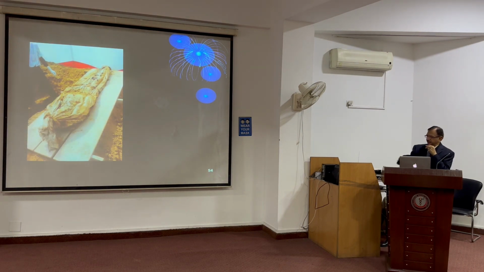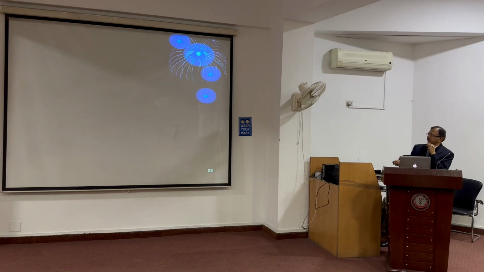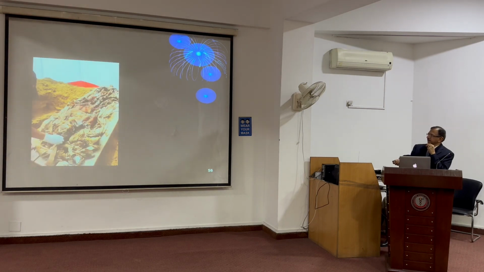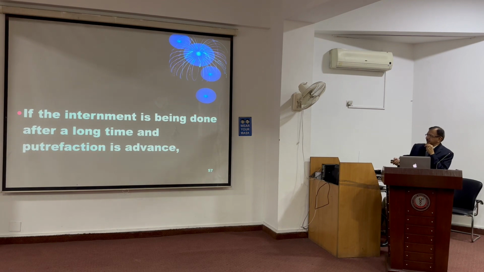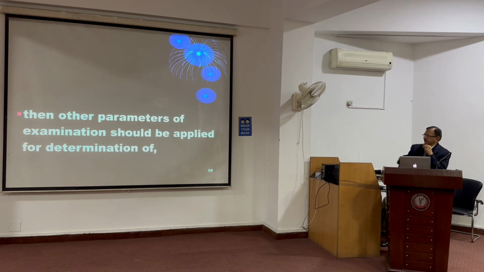So this is sometimes how the body appears when dug out, covered in a shroud. After removing it, this can be the condition of the body: completely advanced putrefaction. So usually the body is in advanced putrefaction. If the orders are passed early, it may be in early putrefaction, but sometimes it is delayed, and then it is in an advanced stage of putrefaction.